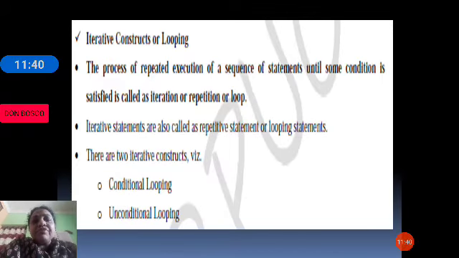The process of repeating execution of a set of statements until some condition is satisfied is called iteration or repetition or loop. Say, I can tell you, okay, students, put 10 rounds and come. You will understand and obey the instruction I have given.